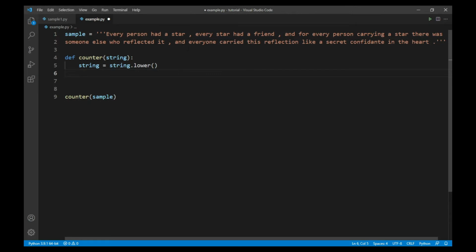So the next step would be to store each word of the sentence in a list. I will call that list words. So basically this will split the sentence whenever a white space is present. Now I will create a dictionary named count